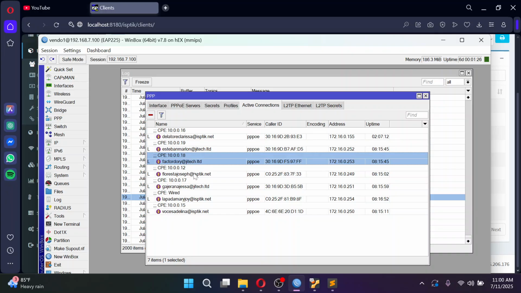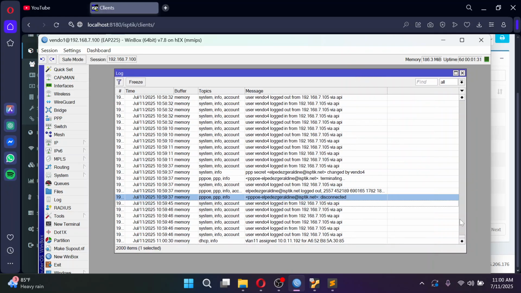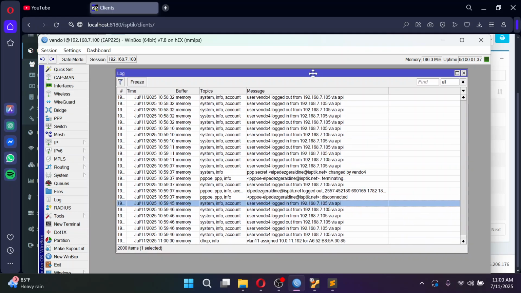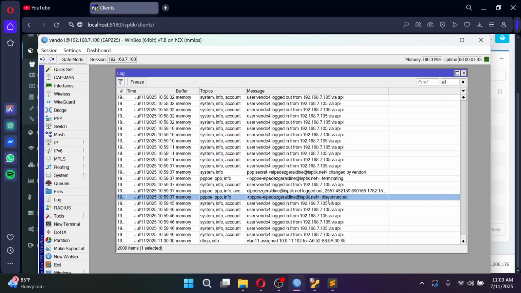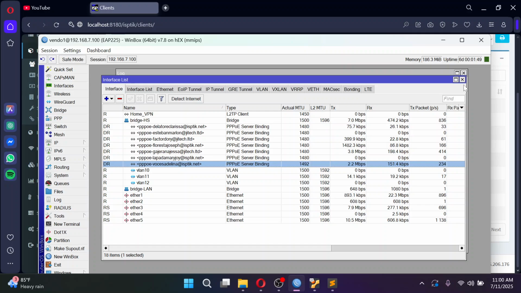So it's not yet going online. So for the sake of demonstration, let's wait for the modem to reconnect. Okay, so let's check. So we know now that it is disconnected. It's not on the interface anymore.